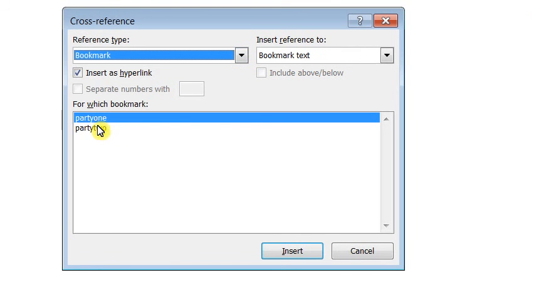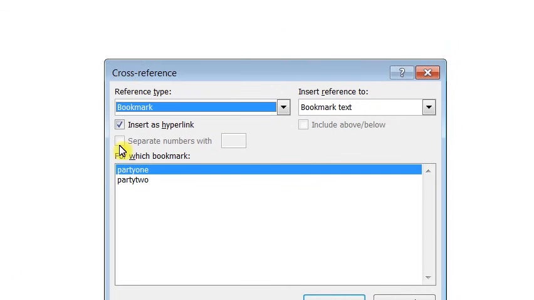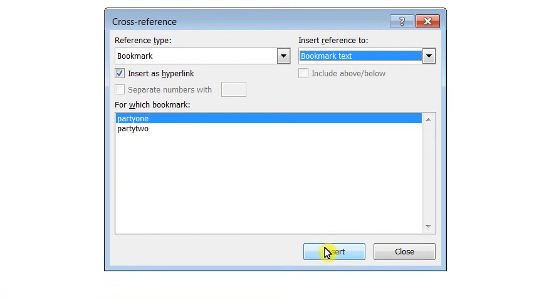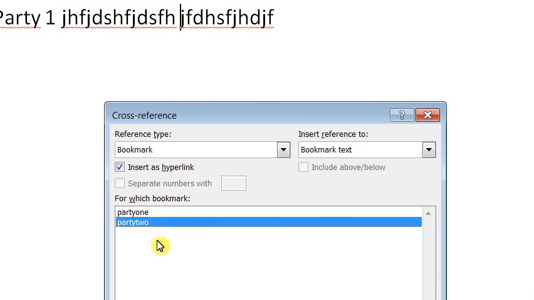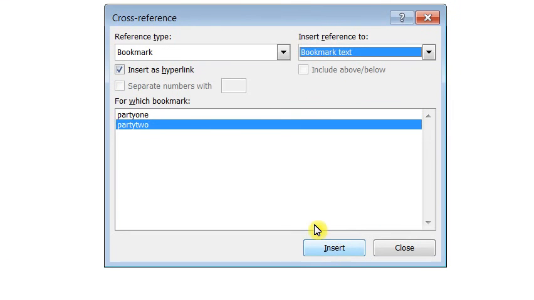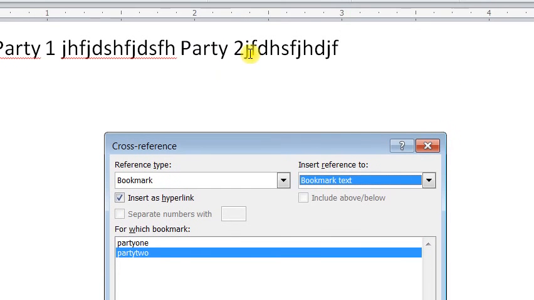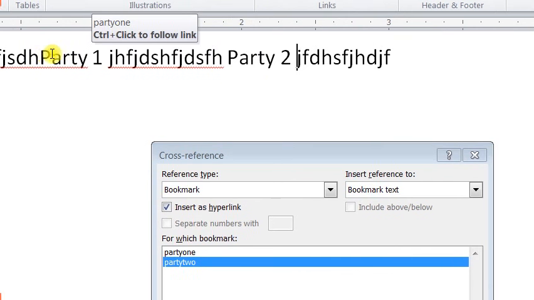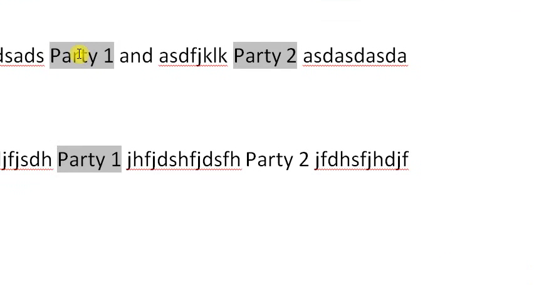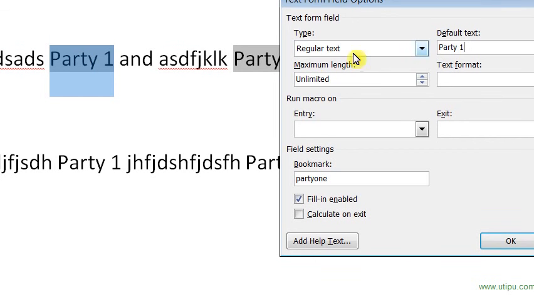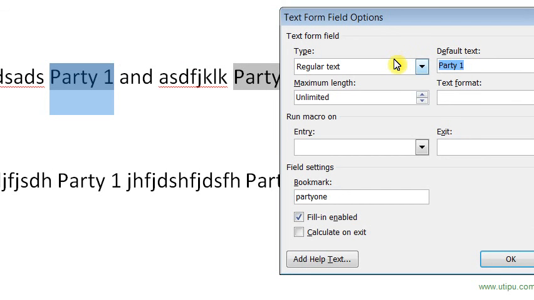So when we click on bookmark, we see our two bookmarks. This was the bookmark for Party 1. I'm going to insert it. And then I can go here without closing the window even and insert my bookmark for Party 2. Gotta fix my spacing. And now we're done. So now to test this, let's go and change Party 1's default text to